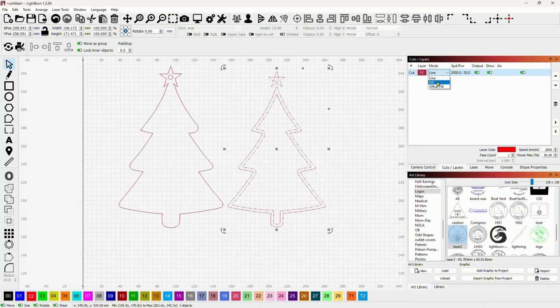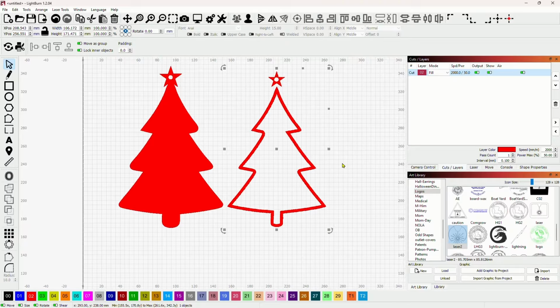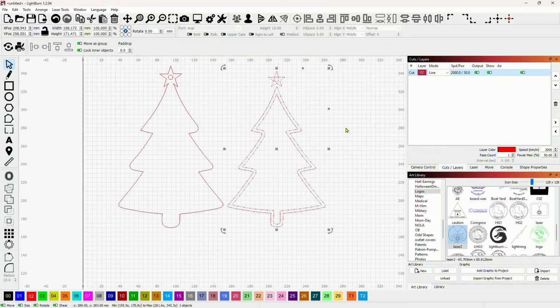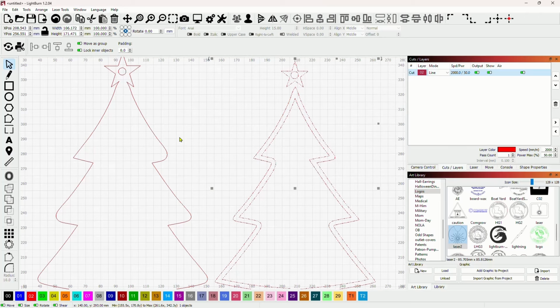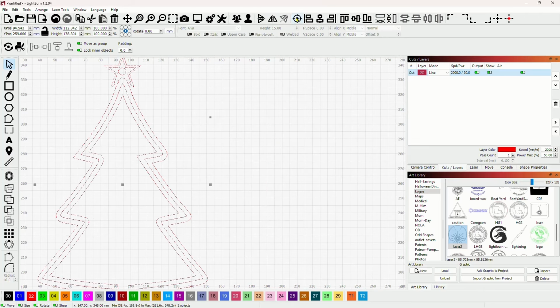Let's put this into fill. There we go. It's better to see it this way because the preview is a cutout. So there we go. This is how it will actually work. This will cut out all the way around the outside, so this will be a solid base piece, and this will cut out all around the outside and the inside, and this will be the piece that lays right on top. Now to go a step further, we could even take and put this one on top of here